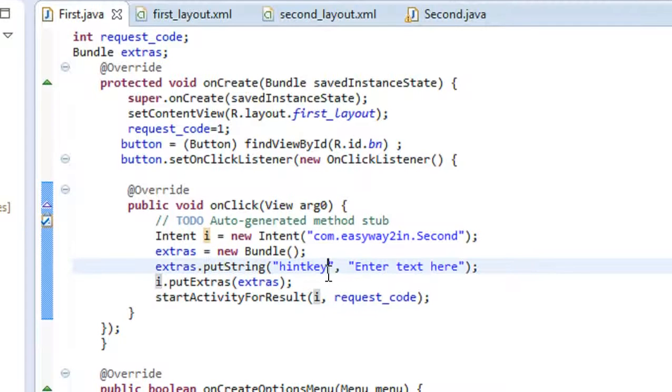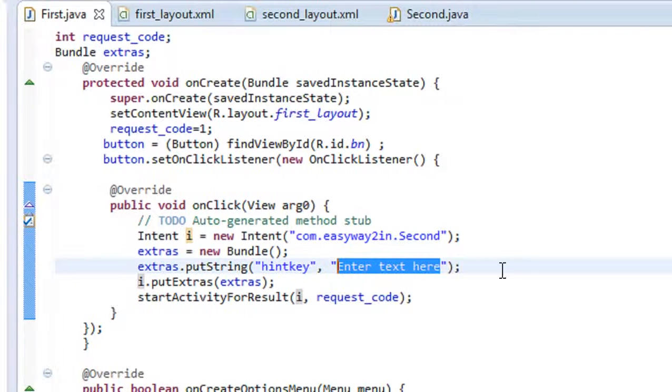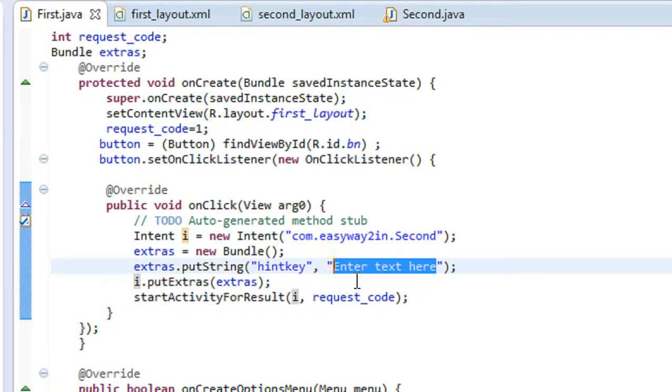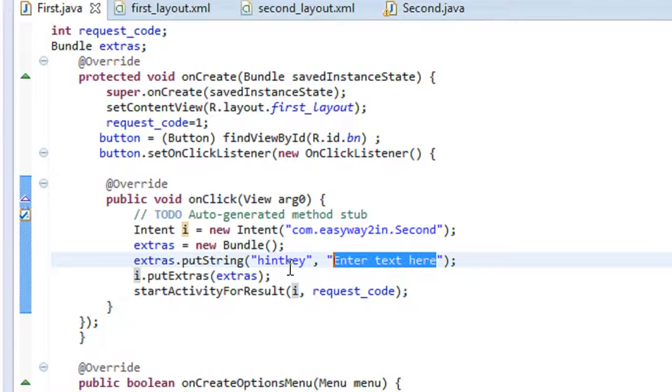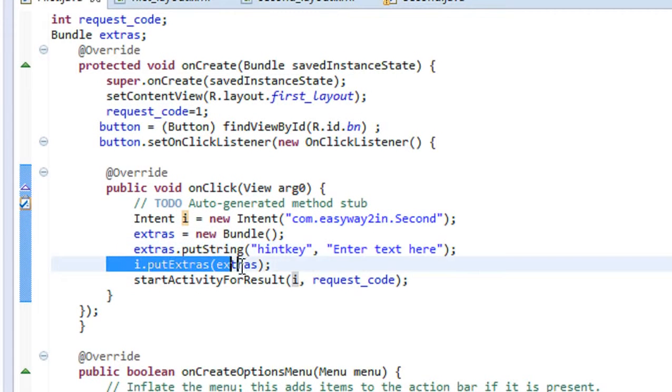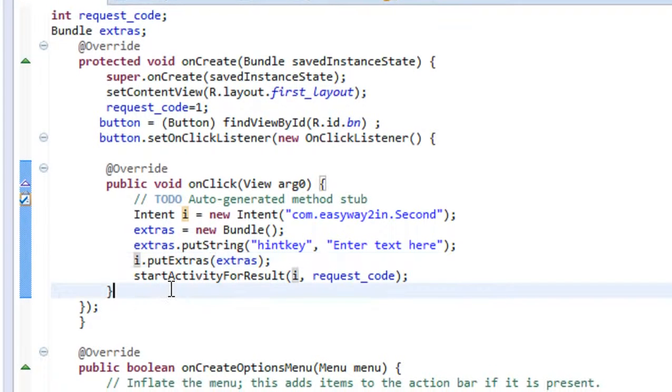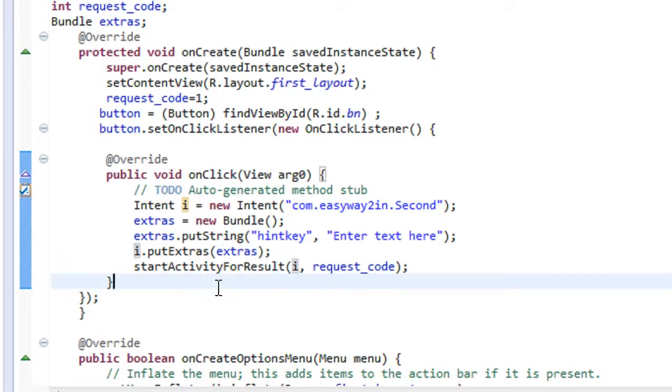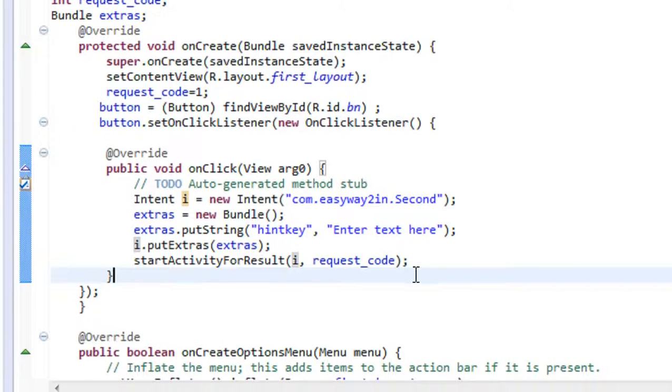Here is the key and here is the text value. This is the data that I am planning to pass to the second activity. Now I have to attach the bundle object to the intent object. In order to do that, I use the putExtras method. After that, I just start the activity using startActivityForResult, or you can just use startActivity.